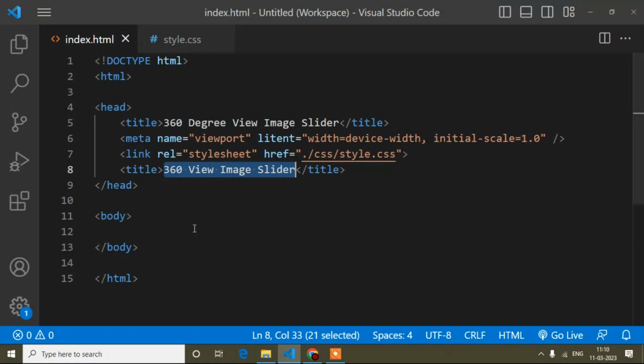Here I will come to the preview, and you can see the title in the tab, so people can understand this is a 360 view image slider. Now I will start to write the main code. Here I will write the CSS, HTML, everything. If you are thinking you know the CSS, I will still suggest you watch this video, because I will write some different CSS. For my case the image width and height may be different, but if you are using a different sprite image, in your case the image width and height will be different. So I suggest you watch this CSS and HTML everything.